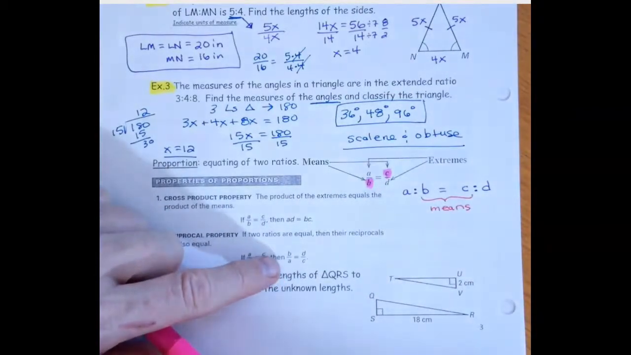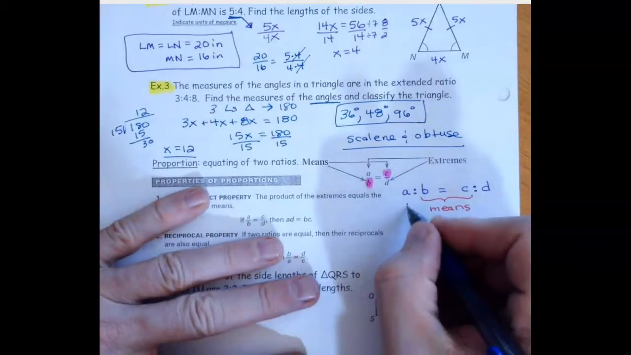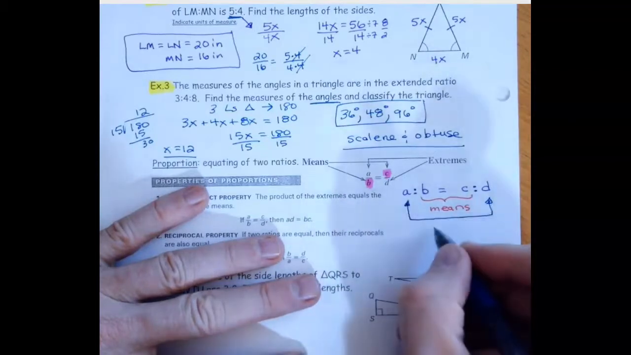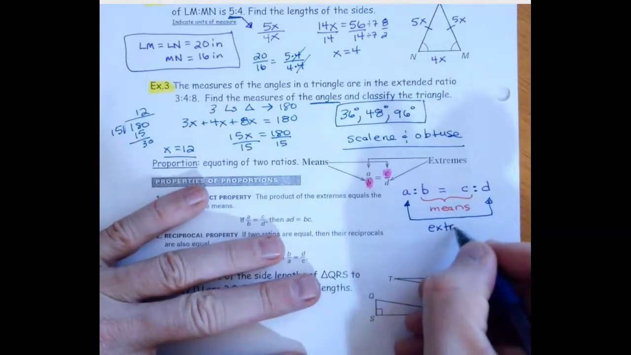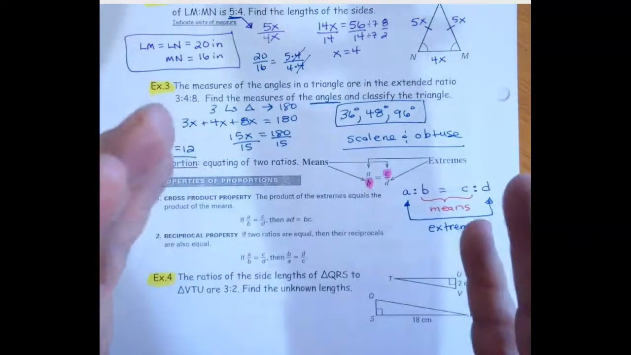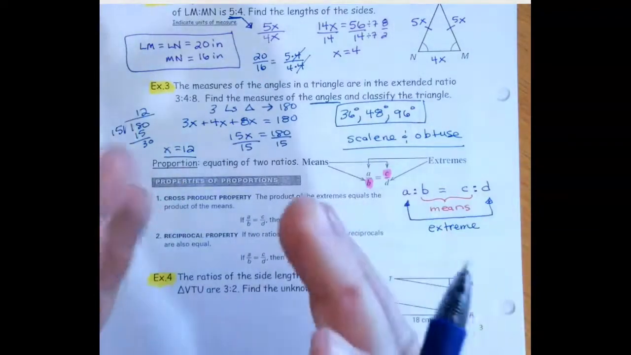And the ones on the outside are called the extremes. So that would be A and D. And if you think about what extreme means, if we say a person is extreme, that means they're on the outside of what's normal. And normal's not always good, but that's a different discussion. Anyway,